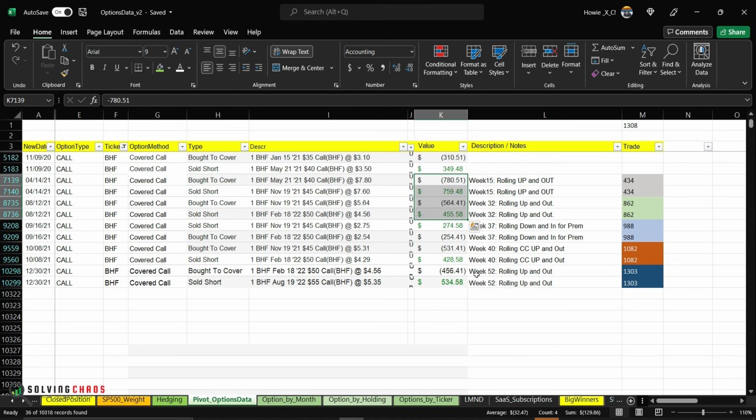Now, during the year, Bright House Financial stock went down, and you see this is why I end up rolling it down for some premium. And then somehow I believe it started running back up, and it caught me off guard. And this is why I lost money doing it again, and then I have to roll it up and out again. So in the end, if you look at the net, I lost money, but I did move this from 40 to 55. So I added 1,500 of potential value,